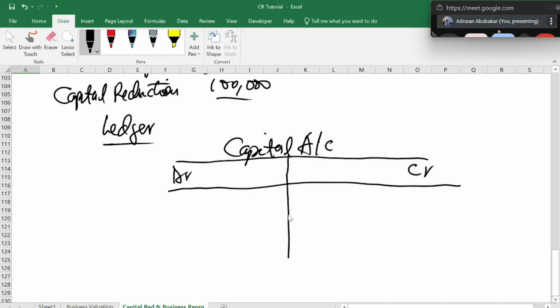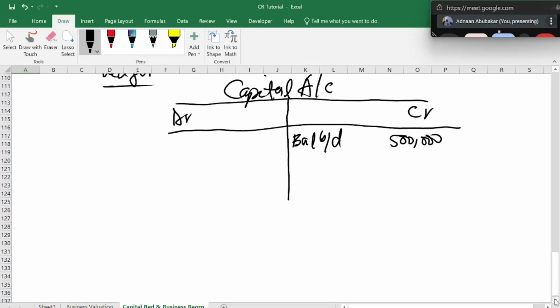So now once you have it here, you know that share capital has a credit balance, right? Yes, sir. So that's where you have your opening balance, the balance brought down earlier. The balance brought down was 500,000. And the shareholders decided that they will sacrifice how much? The shareholders are sacrificing 100,000.